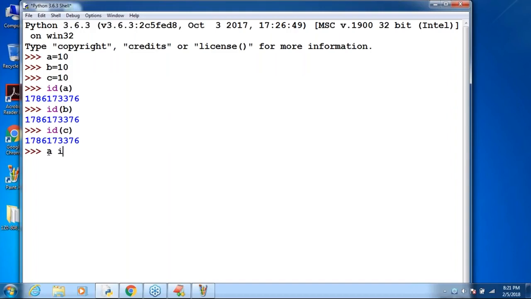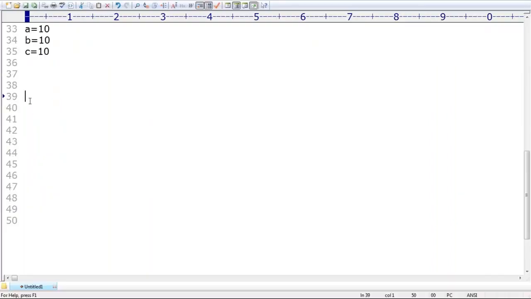If you want, you can use A is B, or B is C, or A is C. Are you getting? The 'is' operator checks whether both are pointing to the same object or not. For that purpose, we can use the is operator, right? But take very, very special care. Reusing the same object,